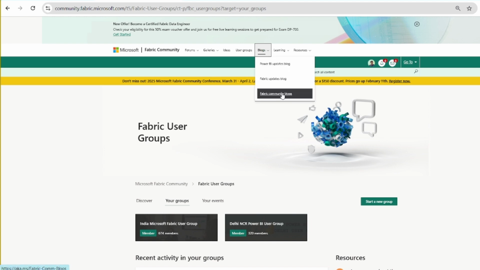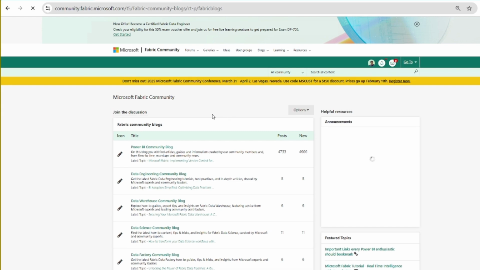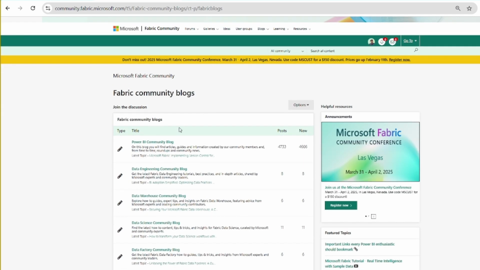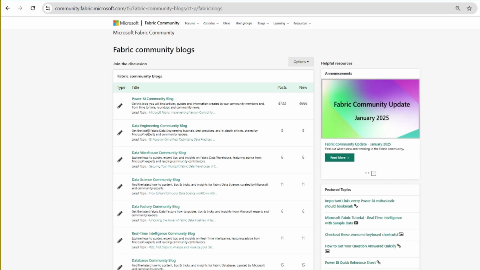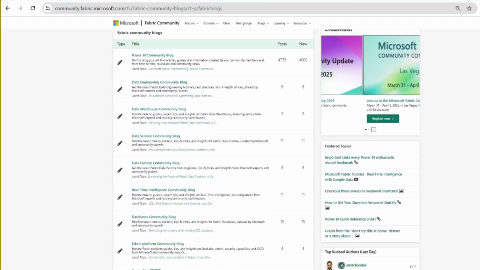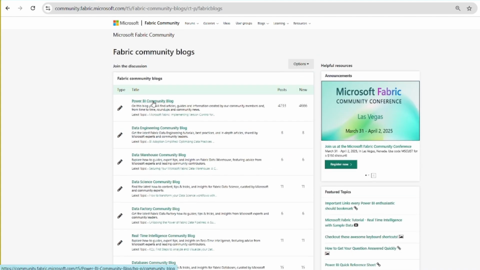And the third part is Fabric community blogs. So Fabric community blogs is a section where you can contribute your blogs. Again, within the Fabric community blog, there are various subsections. You can contribute blogs for Power BI, for data engineering, for data warehouse, data science, and many more. So let's go to Power BI community blog,